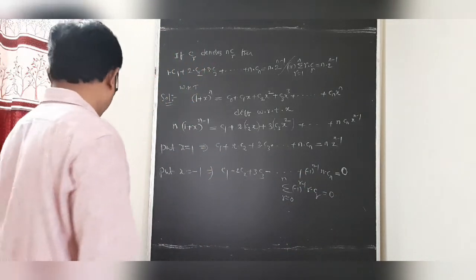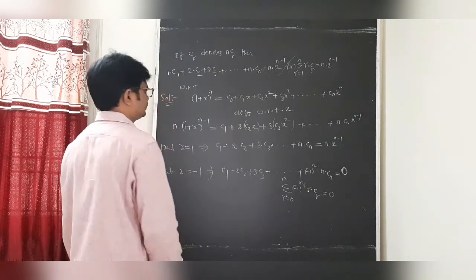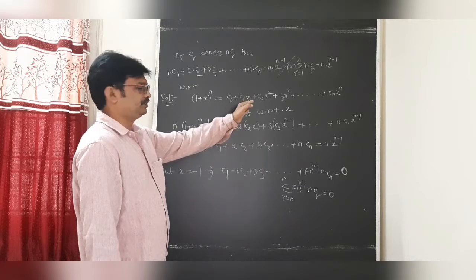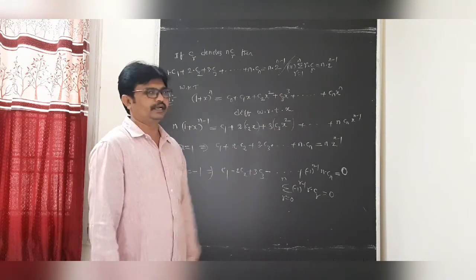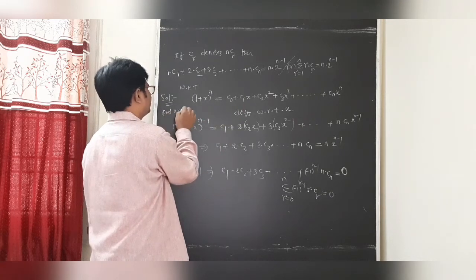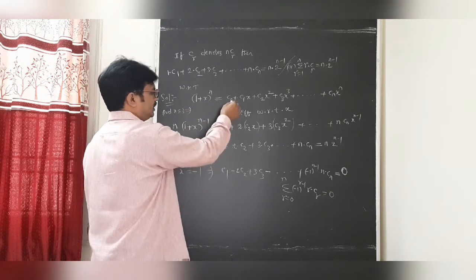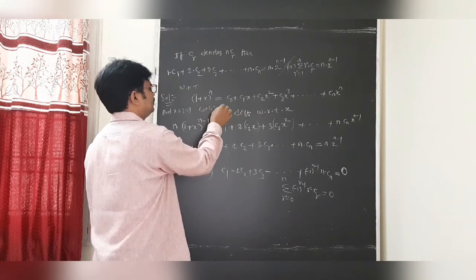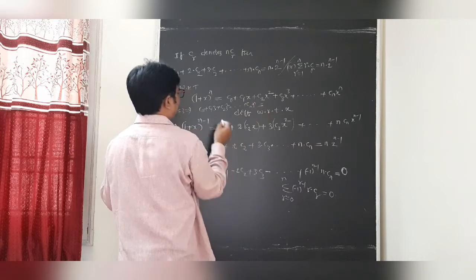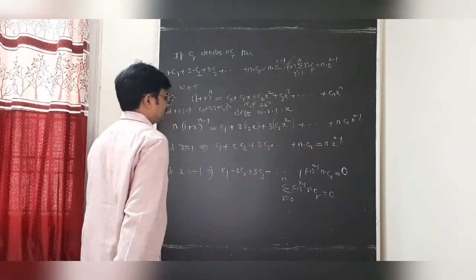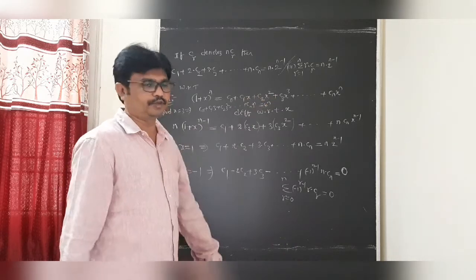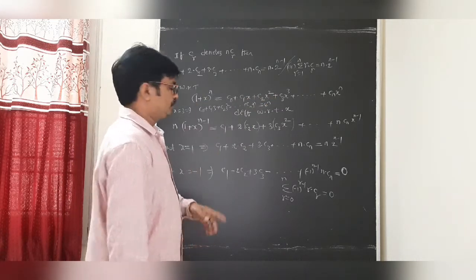Okay students? My dear students, one more observation: sometimes they ask C0, C1 3, C2 3 square. How to write, students? Suppose in this expansion, put x equal to 3. What do you get? They are asking C0, C1 3, C2 3 square, and so on, Cn 3 power n, and the value is 1 plus 3, that is 4 power n. Suppose 4 is there: C0, C1 4, C2 4 square, C3 4 cube. Undoubtedly 1 plus 4 is 5 power n.